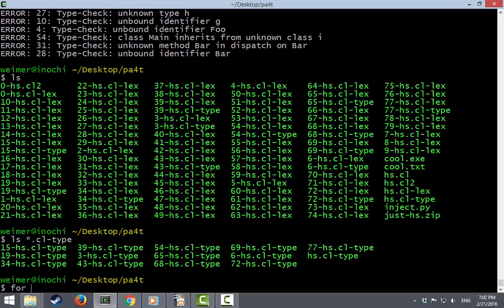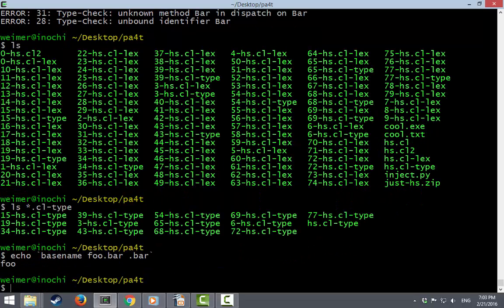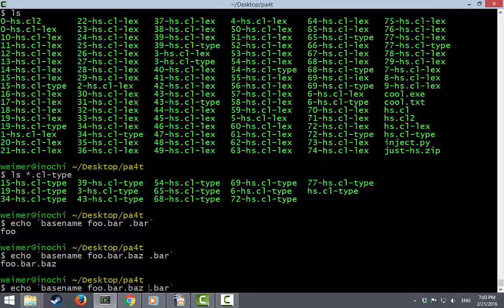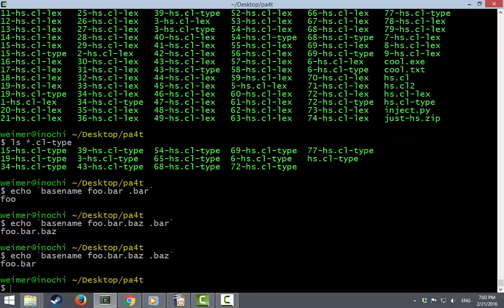If you haven't run into it before, there's a useful shell program called basename, where if you happen to know the extension of something, you can chop it off in the shell. So basename of foobar baz, if you try to remove bar, nothing happens. But if you have foobar baz and you try to remove baz, then it chops off the extension. So what I can do is for every CL type file,